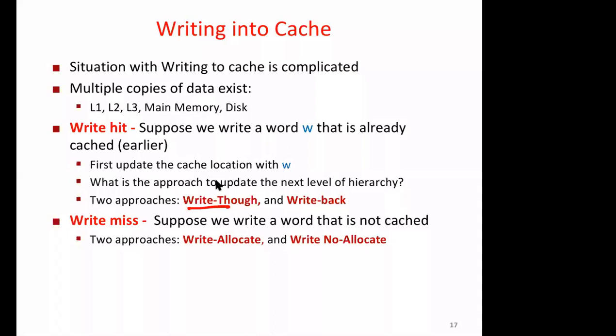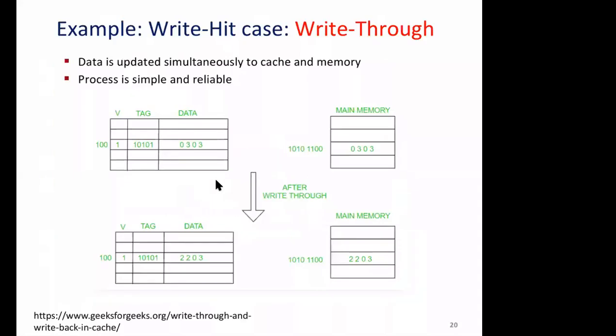The second case is when there is a write miss, it means the block is not there. You allocate the block first in the cache and write it there. This write allocate is paired with write back. It means I keep writing into the block until it's evicted. And write no allocate means don't allocate the block and write it directly to lower levels. So this is what we have studied, right?